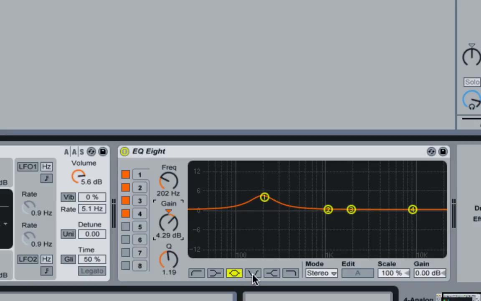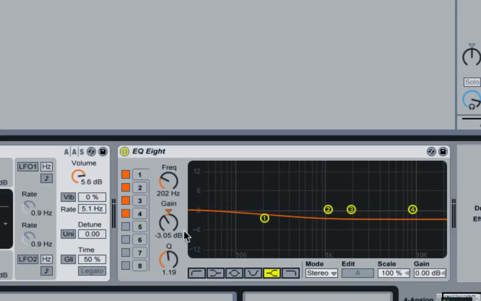We have a rejection filter or a notch filter. If we click that, it just cuts single frequencies. This one here was a low shelf, and then we have a high shelf also, which cuts everything above that point. The low shelf cuts everything below that point. And then finally we have a low pass filter, which lets all the low frequencies